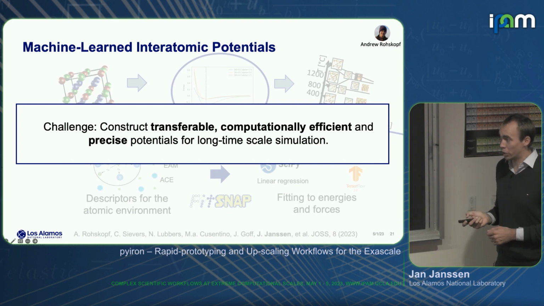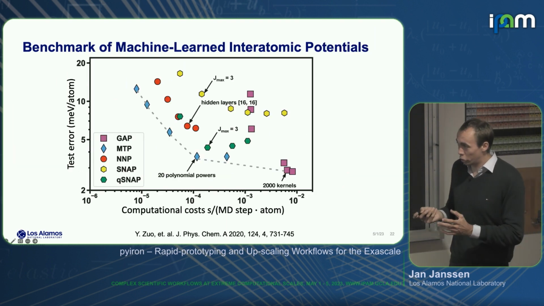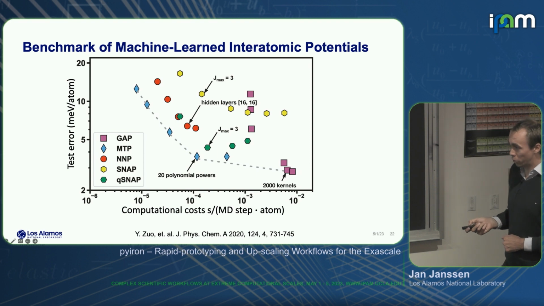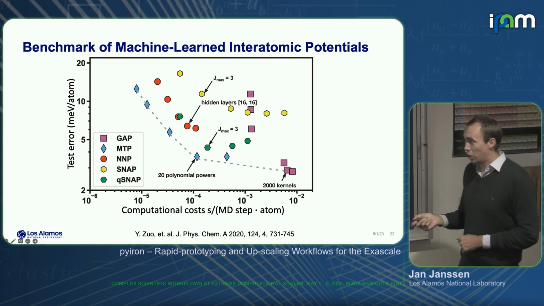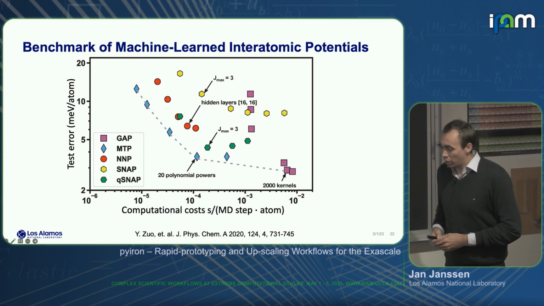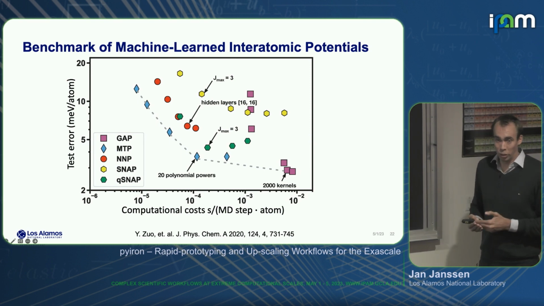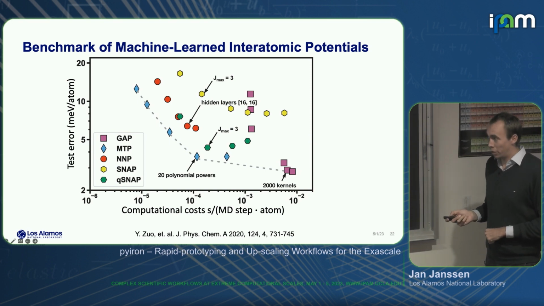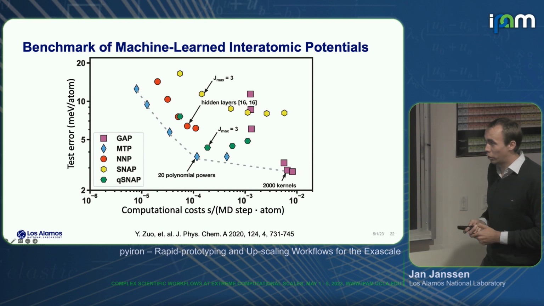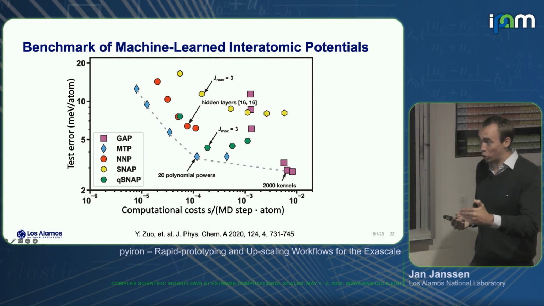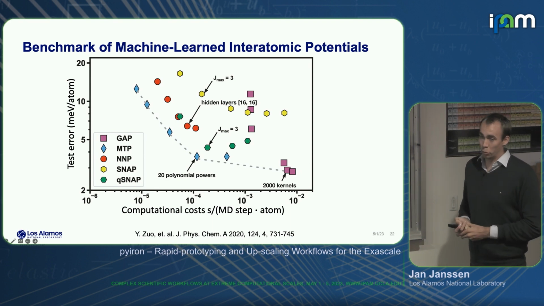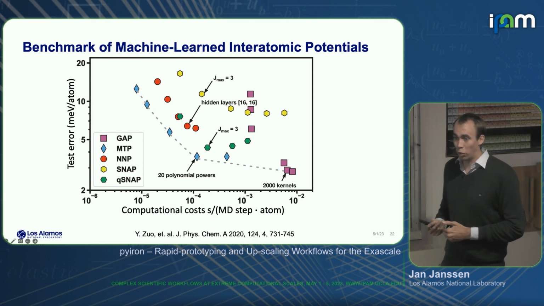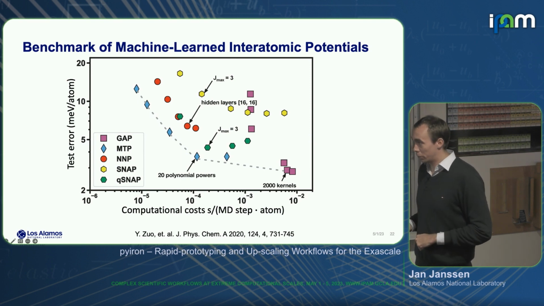So let me focus on the last two parts first. All right, so here you should see this benchmark study, which was, I guess, referenced quite a lot in literature. You see there are some potentials here illustrated by the GAP potentials, which are very precise, but unfortunately also very costly. Those are maybe not so useful for doing long time scale MD simulation. And there are other potentials, like here illustrated for the moment tensor potentials, which are only slightly worse in terms of the optimal precision that they can reach, but nearly 2 orders of magnitude more efficient. So those obviously make a lot more sense to run long time scale simulations.